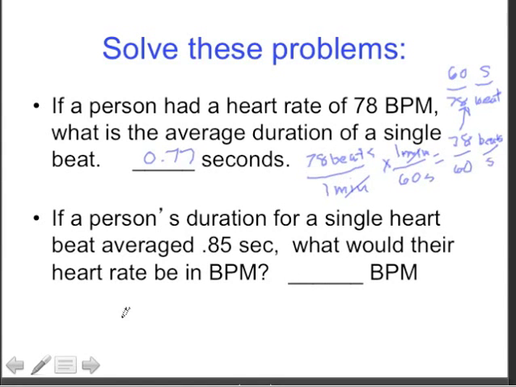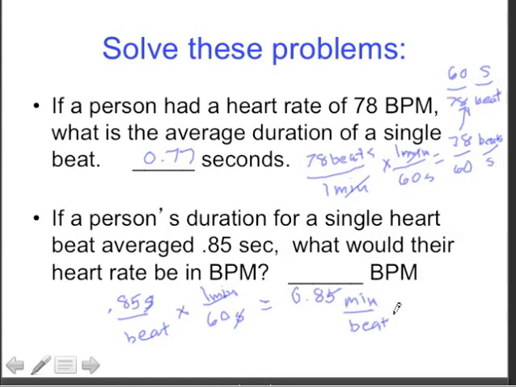A person's duration for a single heartbeat averages 0.85 seconds. What would their heart rate be in beats per minute? Okay, so 0.85 seconds per beat, times 60 seconds in 1 minute, and the seconds will cancel, so you'll get 0.85 minutes per beat,